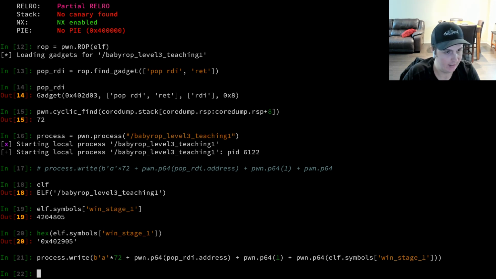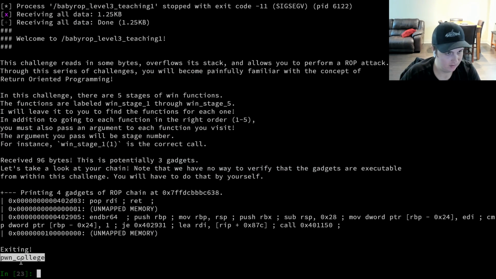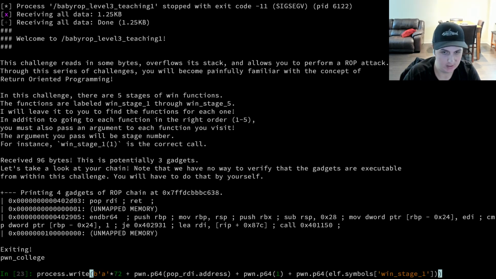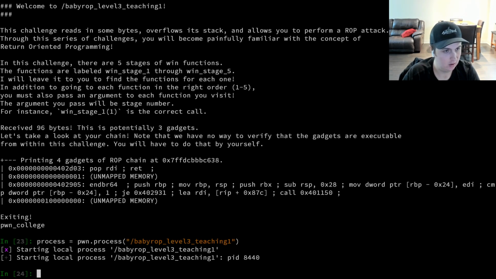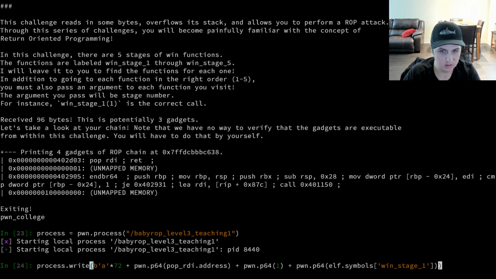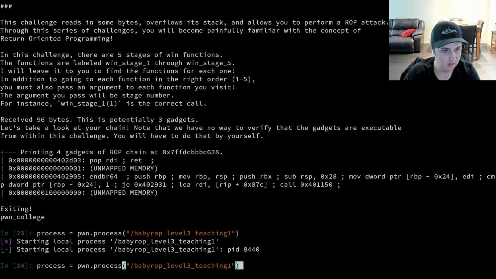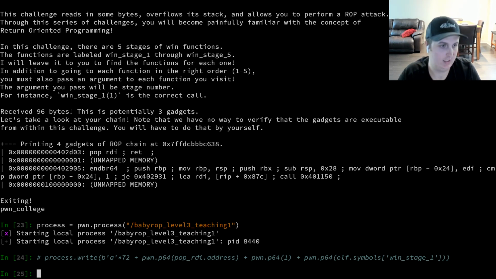Let's write that. And then let's do process.readAll decode print. So we can see that some portion of the flag just came out. And as it turns out, you can just keep layering this strategy to call the further ones. So let's see here. If we were to recreate a process and then process.write, and in fact, let's quickly make this easy for ourselves. Let's go ahead and do